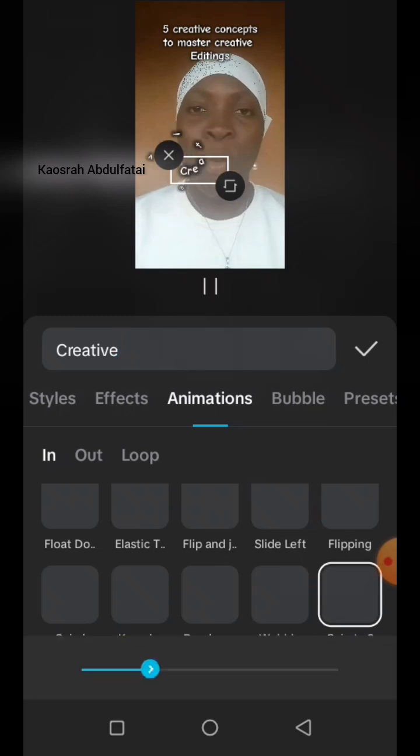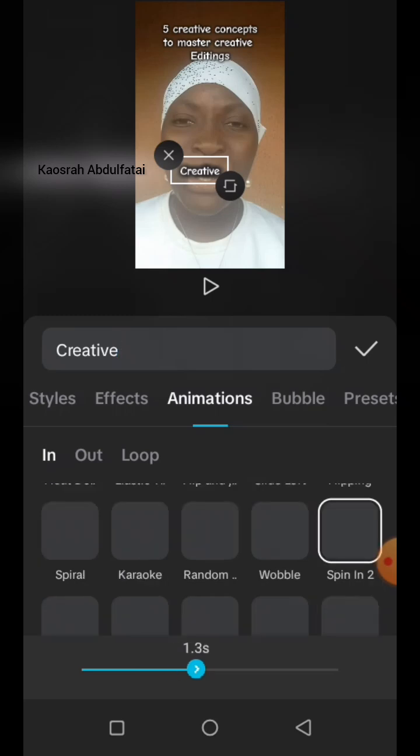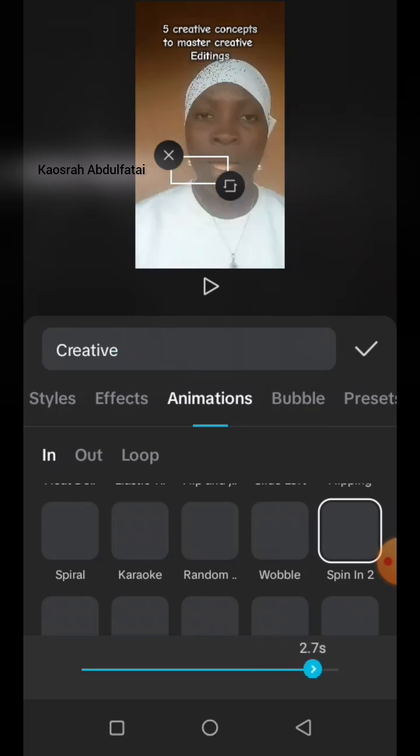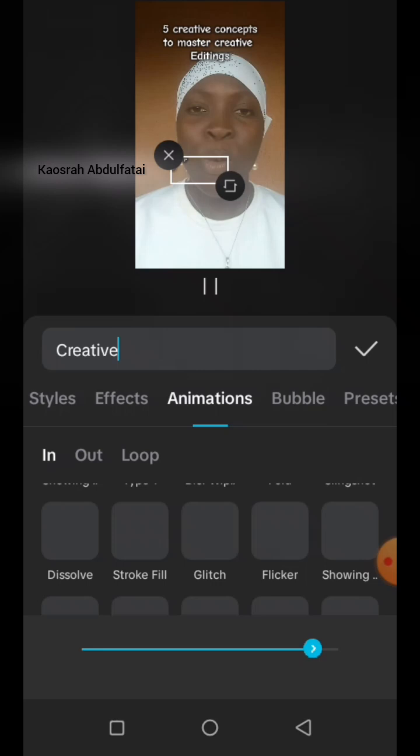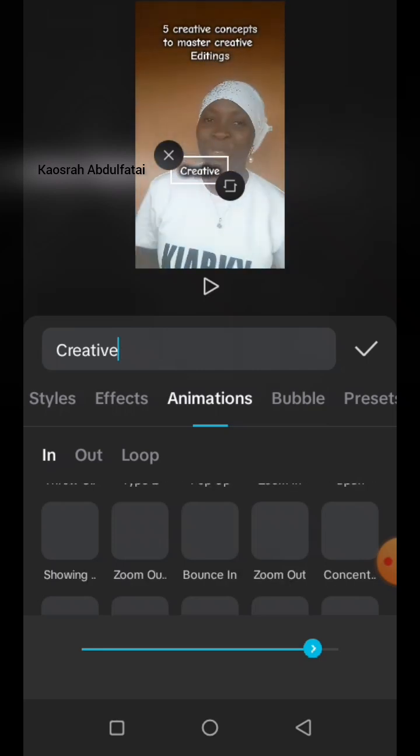Now you take your video edit. Can you see the spin in 2 has come? So you now increase to 27 seconds. Now, the next thing you can do is to go to your animation